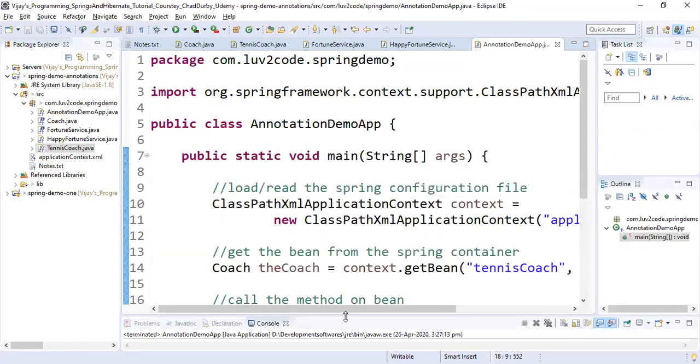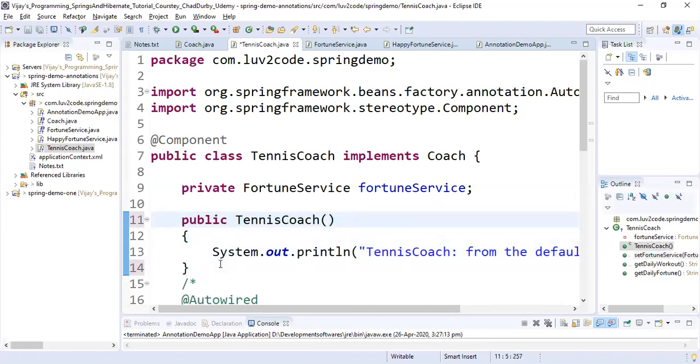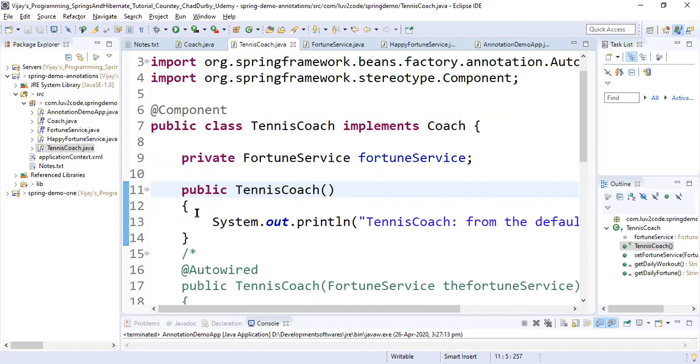Here we have kept this default or no argument constructor just to get the diagnostic message that it is creating an object. It has found this TennisCoach and it is creating an object for it.